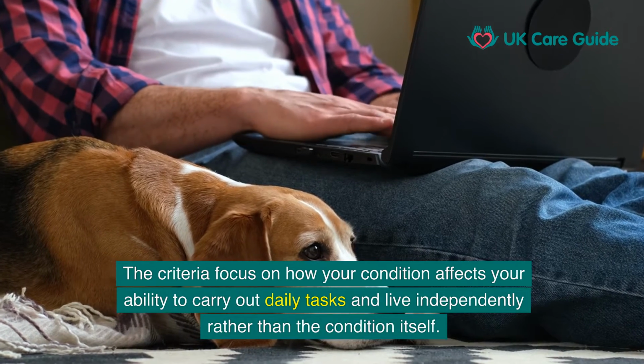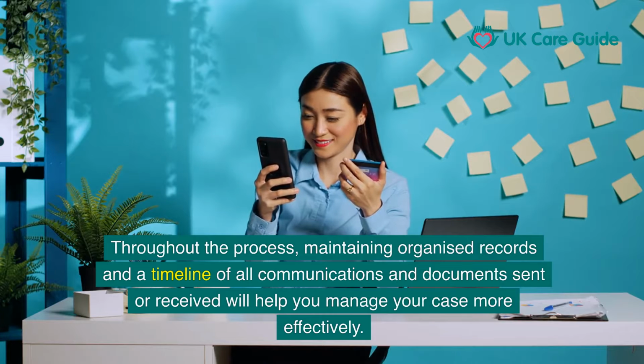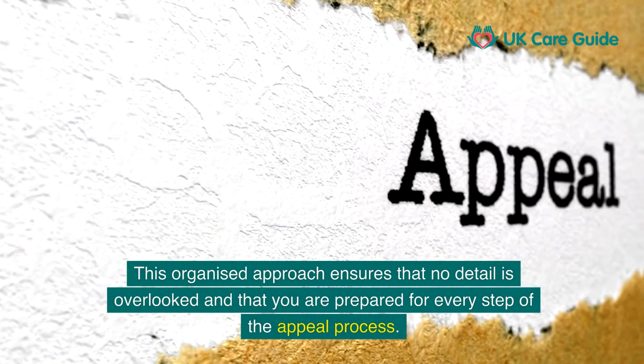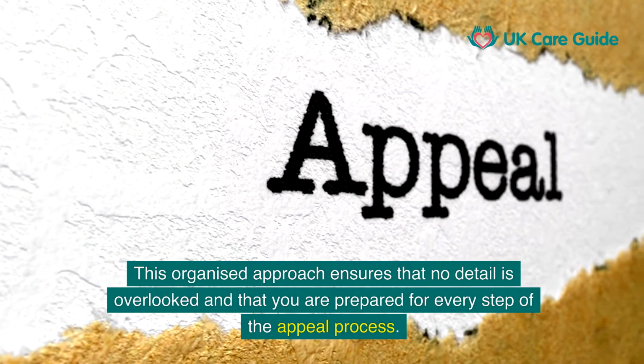the condition itself. Throughout the process, maintaining organized records and a timeline of all communications and documents sent or received will help you manage your case more effectively. This organized approach ensures that no detail is overlooked and that you are prepared for every step of the appeal